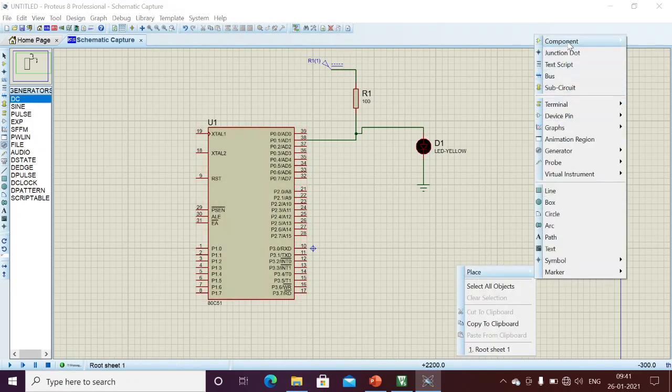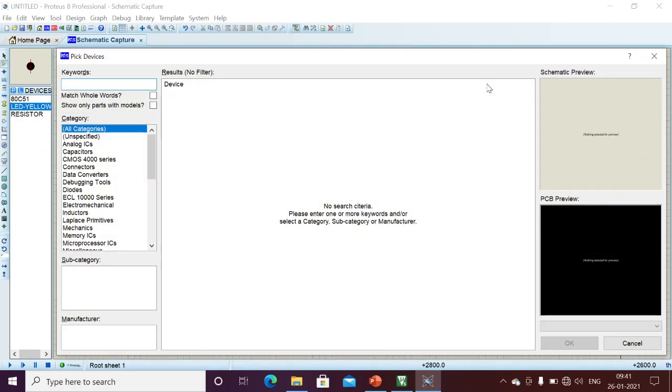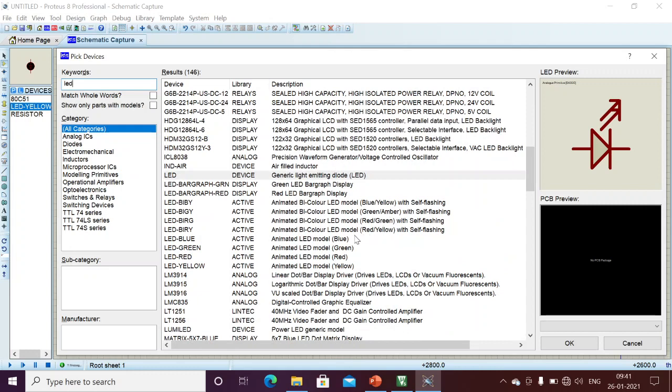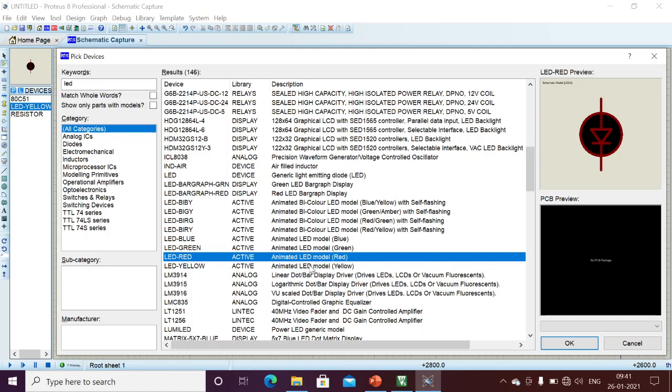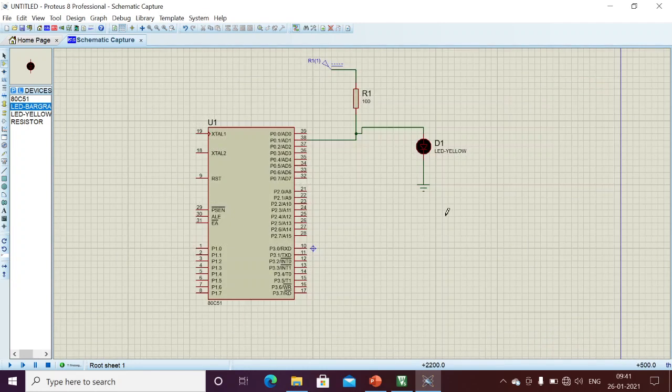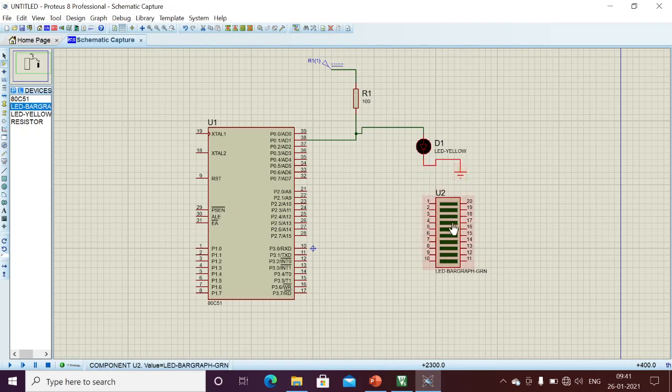Here we have one more very useful piece of hardware: LEDs. We can take multiple LEDs, so we can design our hardware efficiently. Here we can connect many LEDs to our port, and I can use this one. I can connect 10 LEDs, and I am connecting all 8 LEDs.